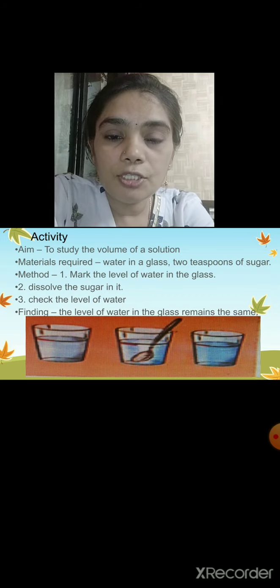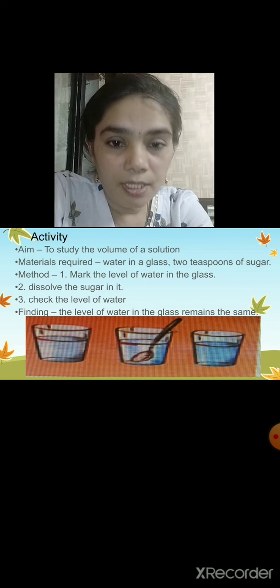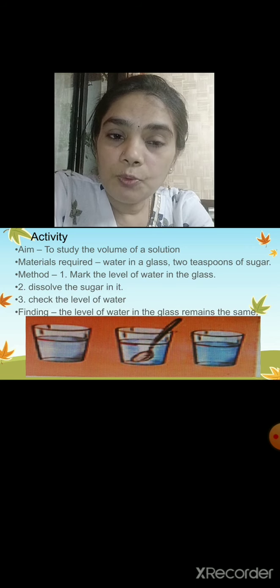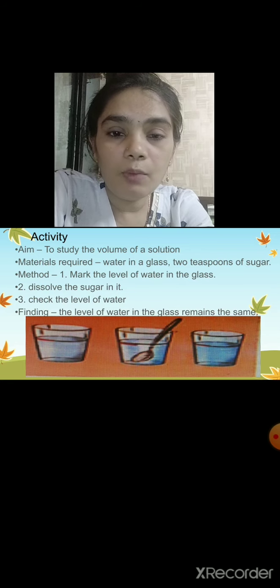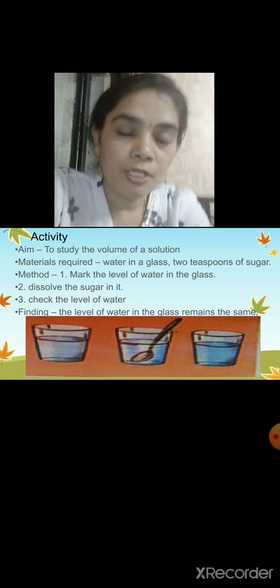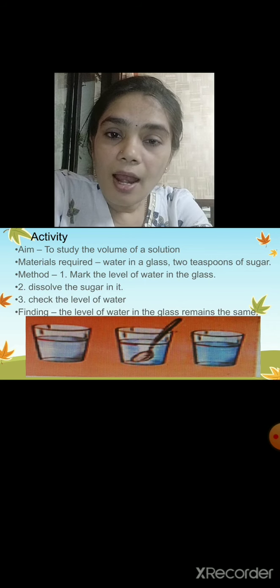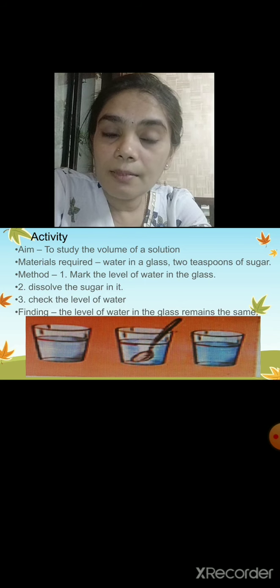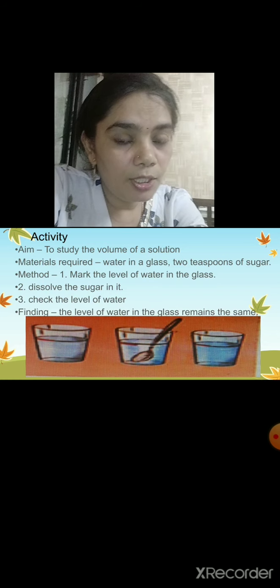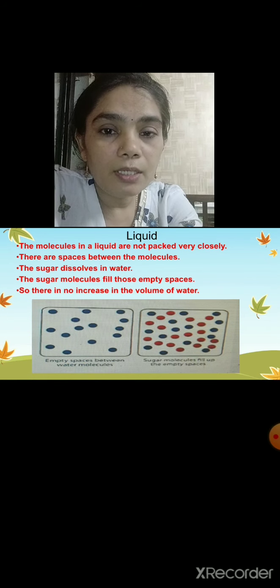So for this, to study the volume of a solution, we require water in a glass, 2 teaspoons of sugar, and a method. First, you are going to mark the level of water in the glass. So you just mark the level on the glass and add the sugar. And now check the level of water. The level of water in the glass remains the same because we have already studied that in a liquid the molecules